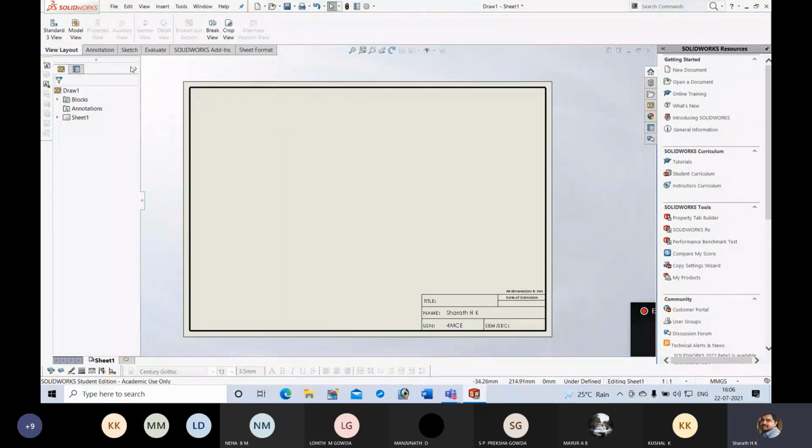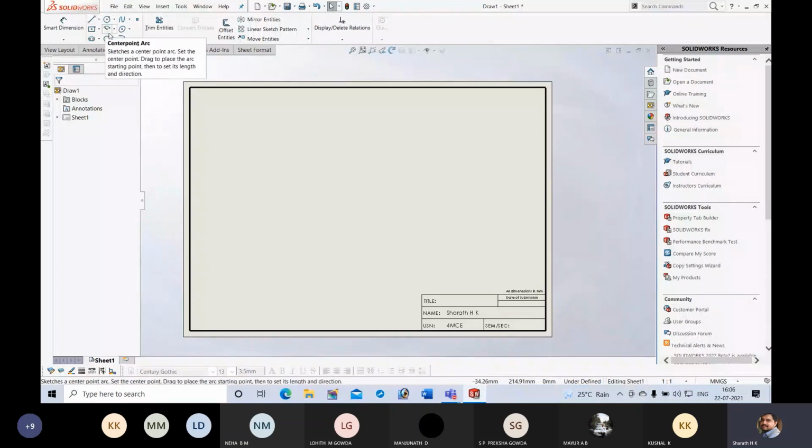Next, I will discuss sketch commands. In sketch commands, you will get line, circle, polygons, arc, and even spline, which is used to connect points, and ellipse. First, quite often we make use of the line command. Click on the line command. Here there is a drop box. Click on this and you will get 3 options: line, center line, and midpoint line. If you want to draw a chain dash line, you can choose center line, which is used for axis. Or else choose line.